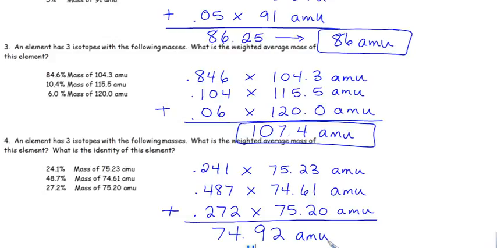Now the other fun thing that this one asks, what is the identity of the element? So all I've got to do is look on the periodic table and find the element with a mass that's the closest. Now mass numbers do increase. They don't increase by the exact same increment like atomic numbers, they just increase by 1. But I would say this is probably closest